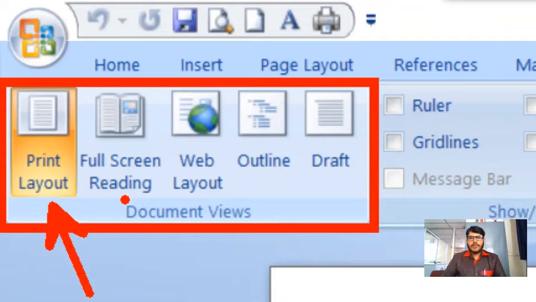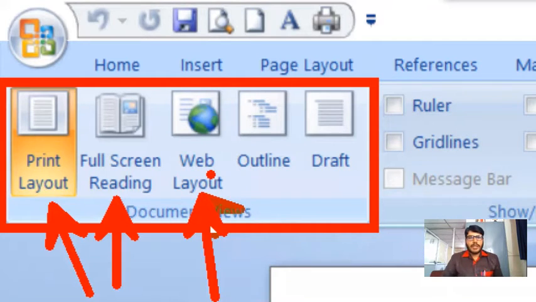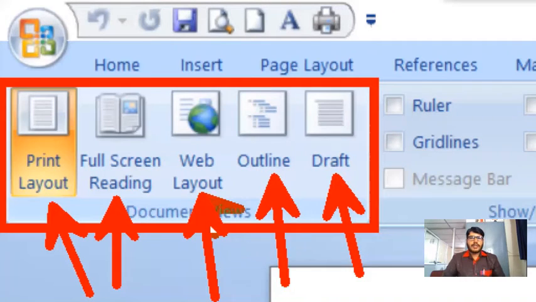Similarly, I want to view the entire content as a web layout. For that, I can use this particular option, that is, the web layout option. Suppose I want to generate only the outline view, at that time I need to select outline view, and also I can go through the draft view as well.